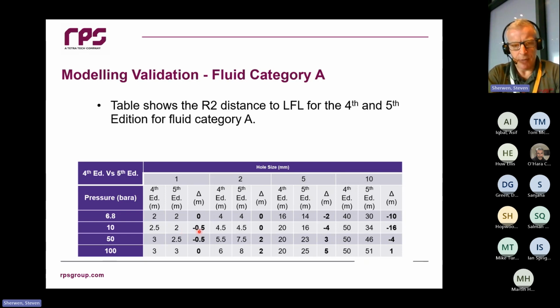Okay, a question that you might be asking is, well, why at some hole sizes does the zone increase, while at some other hole sizes or pressures the size has decreased? It's all to do with just the application of the more modern version of FAST. All the maths, the modeling in the more up-to-date version is just a bit more accurate, and you can have more confidence that these changes in zone extents are accurate.